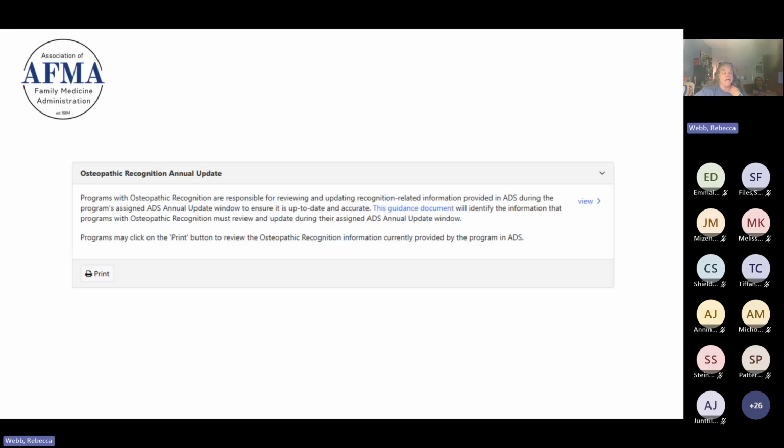And like I said, if you're scrolling too fast, or if you don't get into WebAds early enough within the time frame, you might find yourself rushing past this and miss it completely. There's no hard stop to make sure that you do this, so if you're osteopathically recognized, make sure you actually look for this. You can click this view button